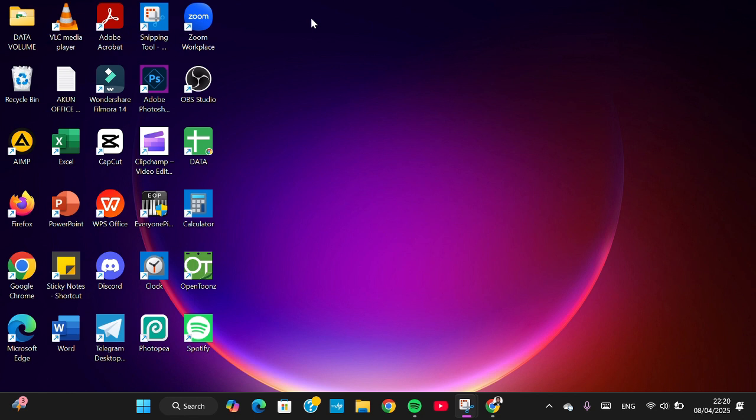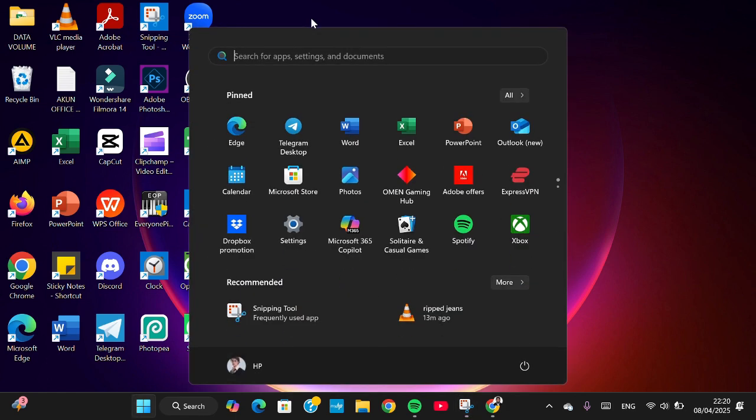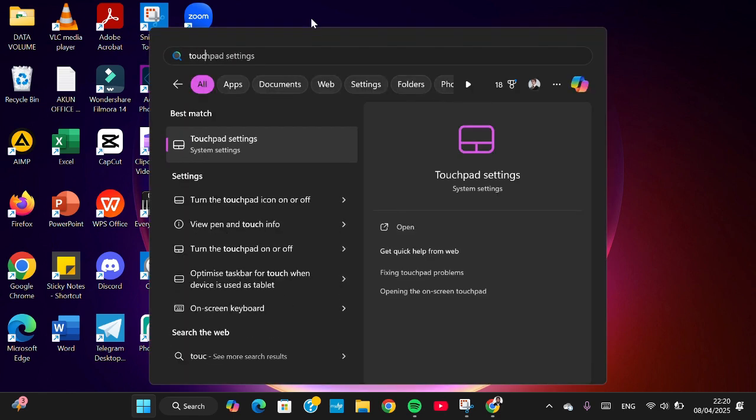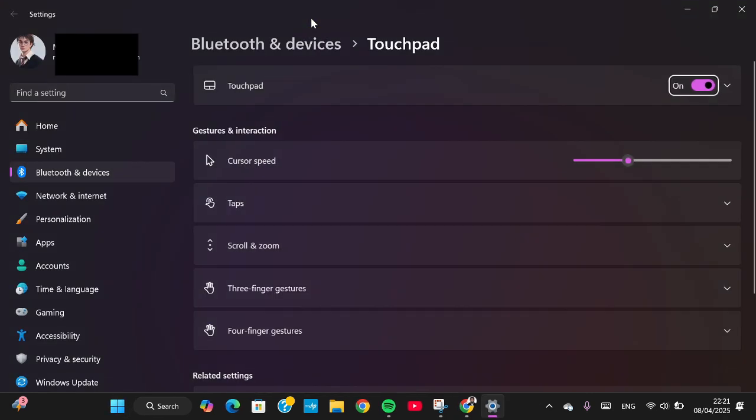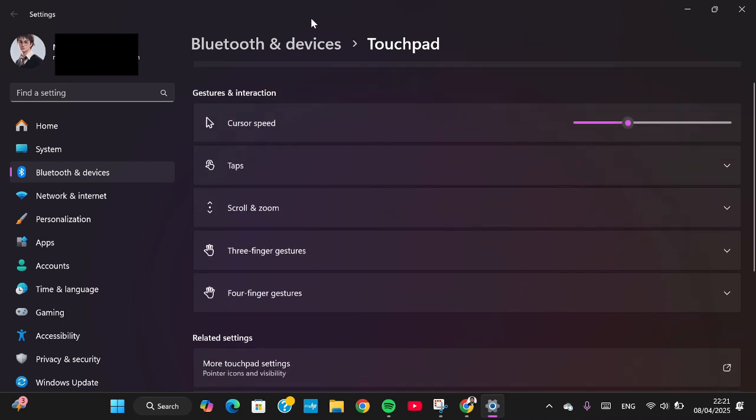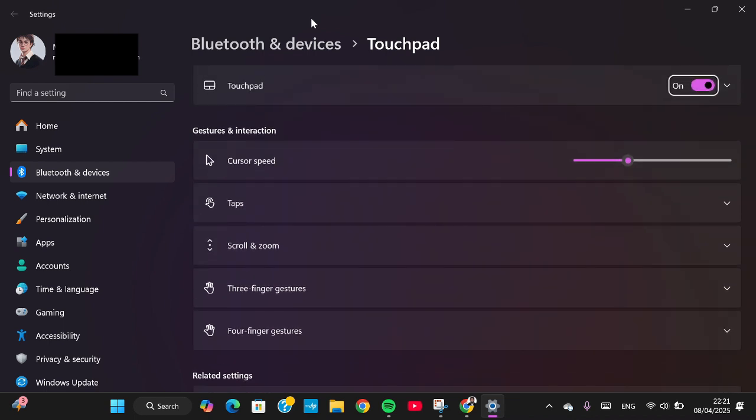First of all, guys, you can press your start menu or Windows icon on your keyboard, okay, and then you can search for touchpad setting. Type in touchpad settings like this, and then tap on enter, and then the touchpad setting will be opened, and you just need to make sure that you activate the touchpad. If you can't click on this touchpad option without your